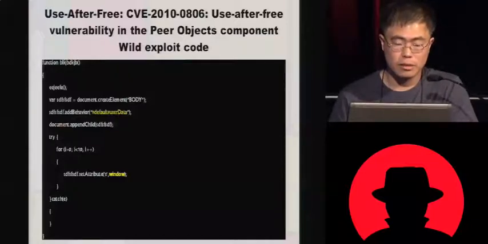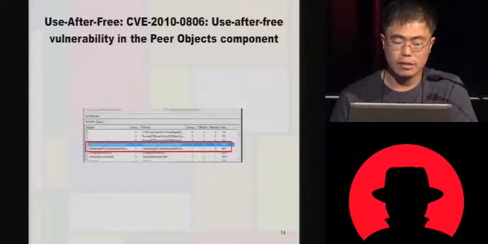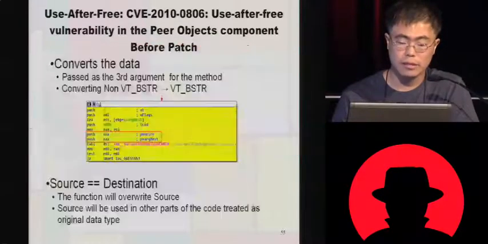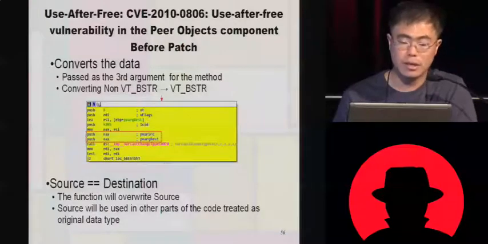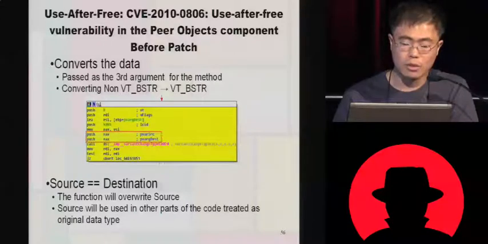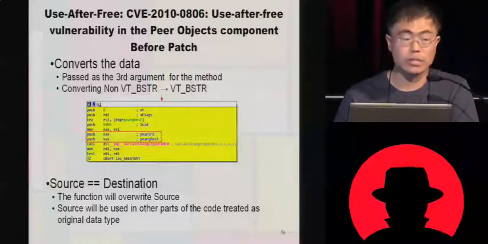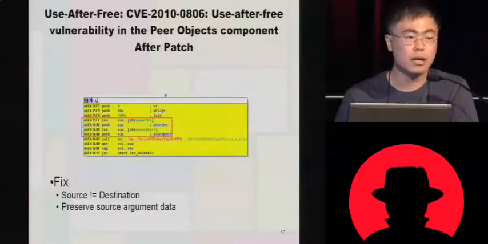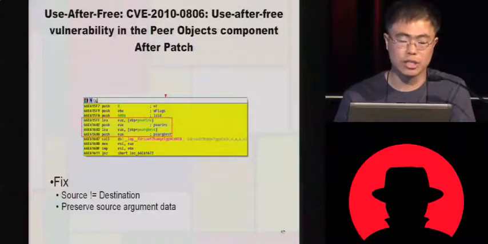So here another example is the default user data thing. It was used for a zero-day attack on Google. If you look into that, it has 2 entries here, and this is actually a very important example. The original code was calling variant change type EX with the same argument, where the source and destination were the same. And the call to variant change type EX will destroy the destination data. So it was destroying some argument that had been provided from the